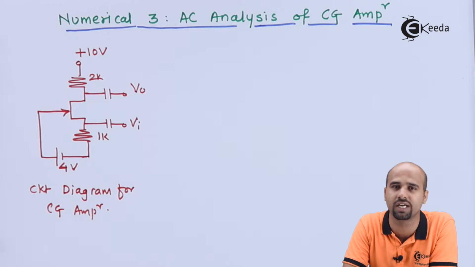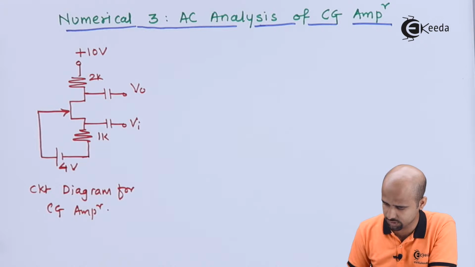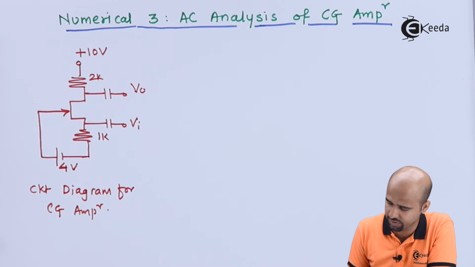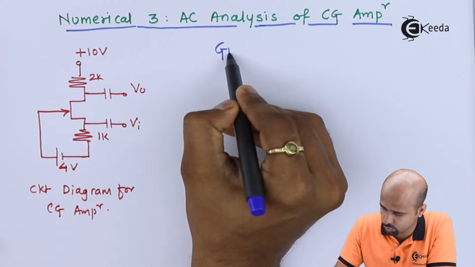No one will tell you that this is example of common gate type, common source type, common drain type. You have to identify by just looking at the input side terminal and output side terminal. If it is not connected at the gate side, then it is your common gate amplifier. So let's start with the analysis. This is just a raw circuit diagram. We will say that given value